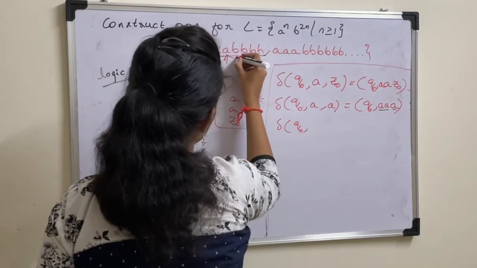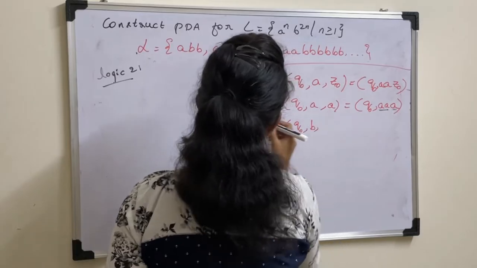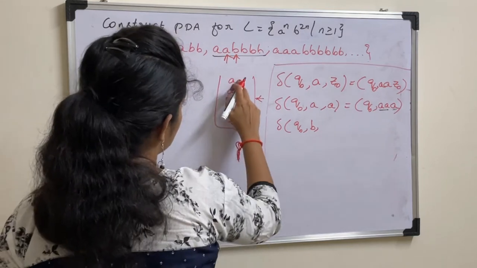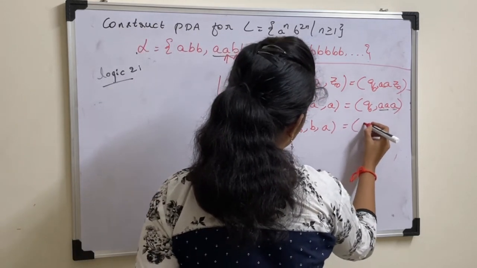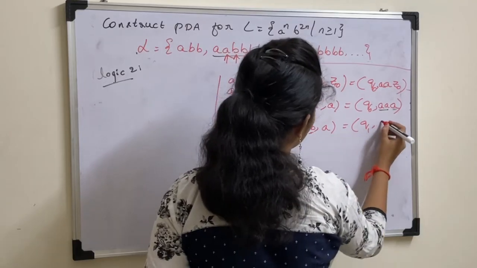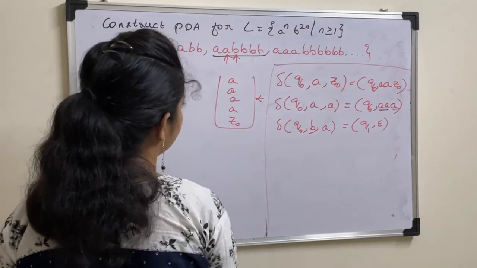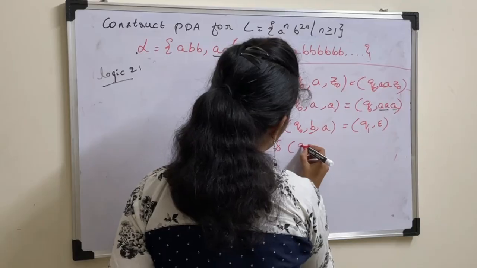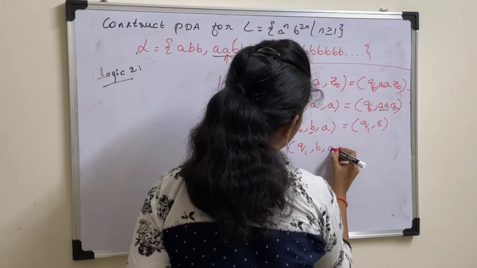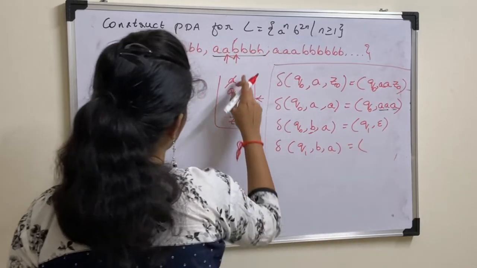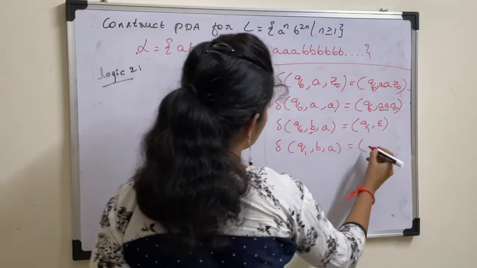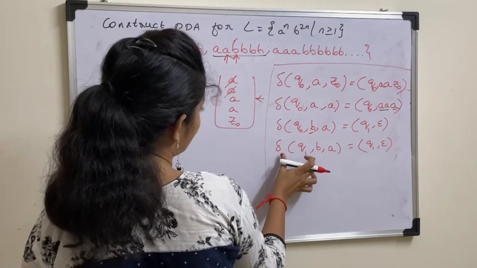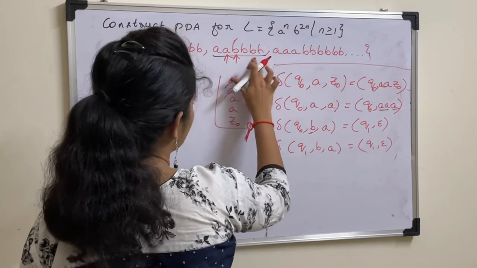Next, Q0. Input symbol is B and top of the stack, we already pushed 2 elements. Now we have 4 A's on the stack. So the top of the stack is A. Now change the state on B and perform pop operation. So pop this A for the first B. Next Q0 to Q1 on input symbol B, top of the stack A. Again pop operation, pop this A. So that is represented as Q1 comma epsilon. And this transition function is the same for any number of B's.